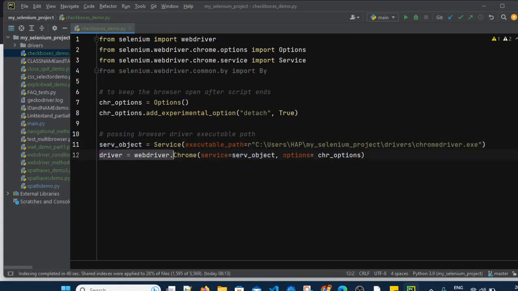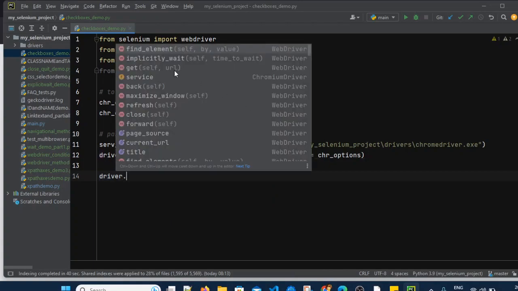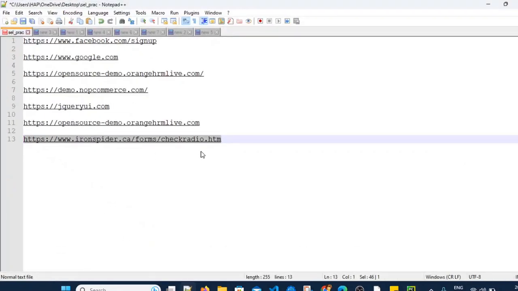We are creating the driver instance by using webdriver.Chrome and here we are passing the service class object and options class object. After that we will write driver.get. We want to open one URL, so I will use this URL which contains some checkboxes.